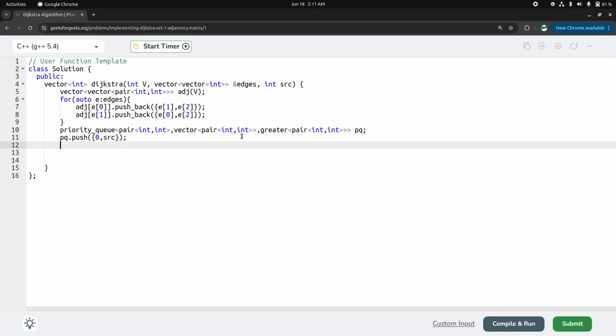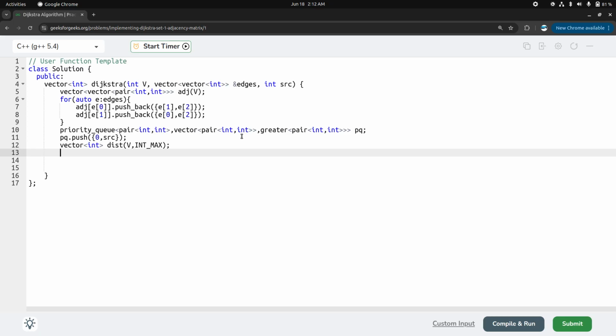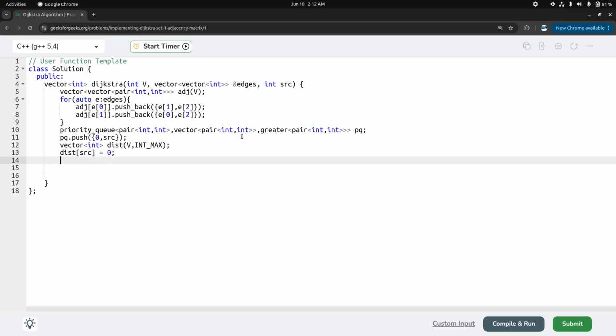So after doing this, what else do I need? I need a distance vector where I will update every minimum distance. So I need a vector of integer type, and let's call it distance. It will be of size capital V, and I'll initialize it with int maximum, that would be the infinity. So we said that the source node's distance would be 0. So let's do this. Distance of src will be 0. So we did this, and after this we'll say okay,